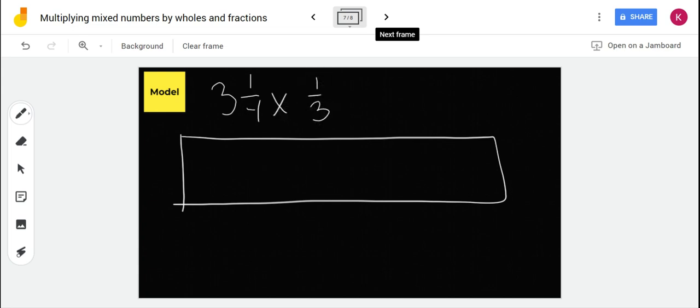So the same thing. Sorry, that's supposed to be a 4. Kind of funny looking. This whole amount is going to be my 3 1/4. I'm going to split it into thirds because that's what I'm multiplying by. I'm trying to find 1/3 of 3 1/4. And let's check and see if our answer